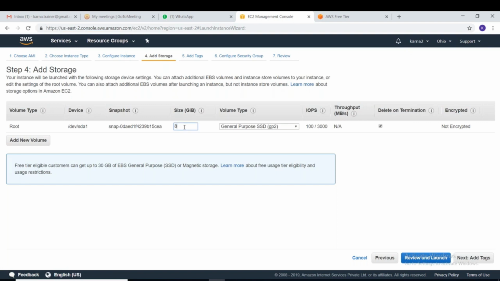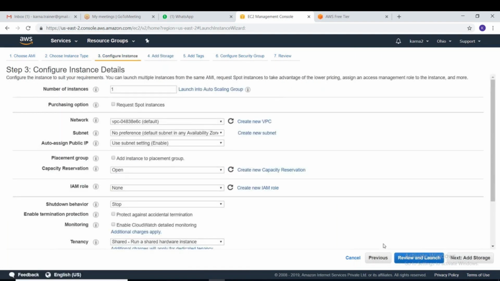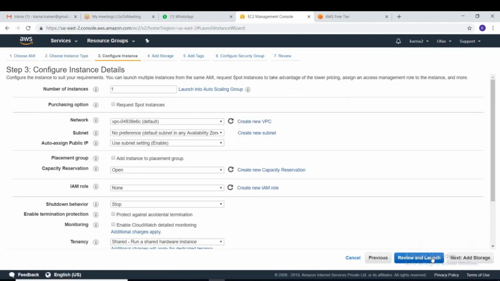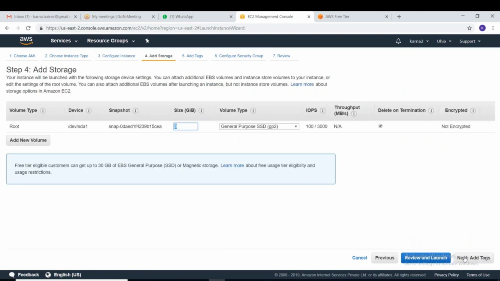And this is some information about the size. How much memory will be allocated to us? It is showing that 8 GB of memory will be allocated to us, not RAM. I'm not talking about RAM, guys. Here it is storage, the hard disk. Okay, previous, you can see here the memory, the actual RAM. Here you can see only 1 GB of RAM. Under free tier, we are getting only 1 GB of RAM and only one CPU. This is just for practicing purposes, guys. We won't use this for any projects. This is only for our practice.